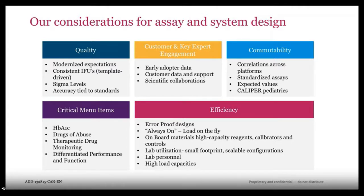Commutability is important. We strive to make sure that when we go from a platform such as Architect to Alinity, results are commutable and assays perform equivalently or better. We want to make sure assays are standardized correctly to international standards, that customers get expected values, and we also work on developing pediatric reference ranges. Menu is important. Are we providing the assays that are needed, like HbA1c, drugs of abuse, therapeutic drug monitoring, and